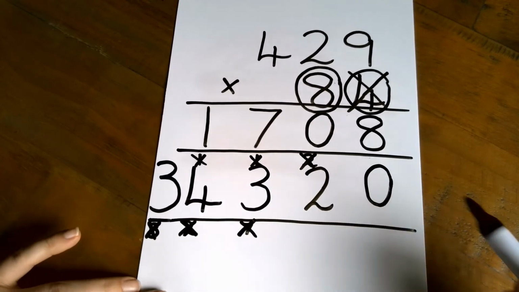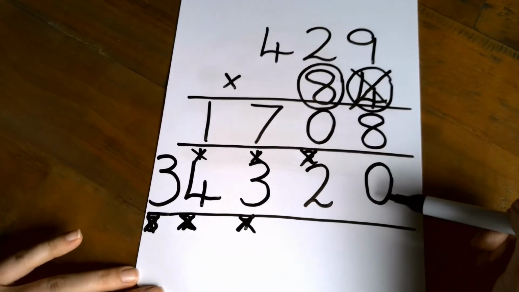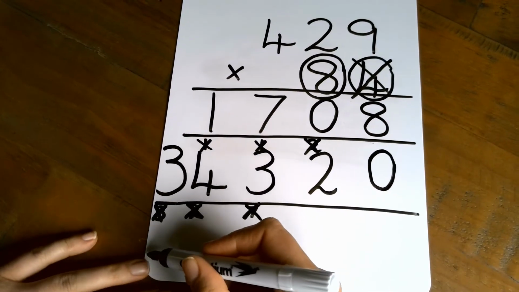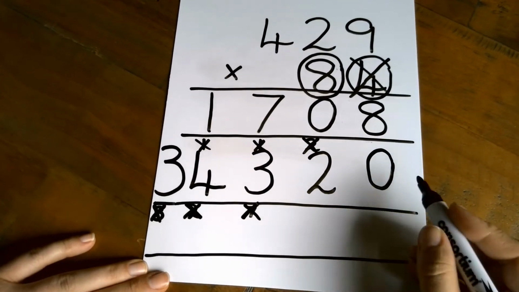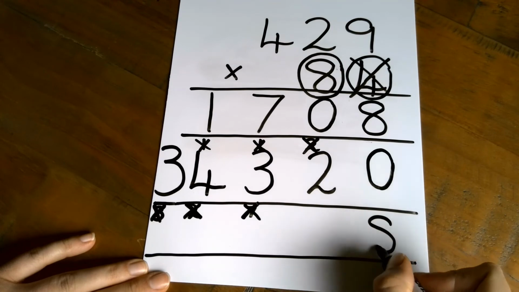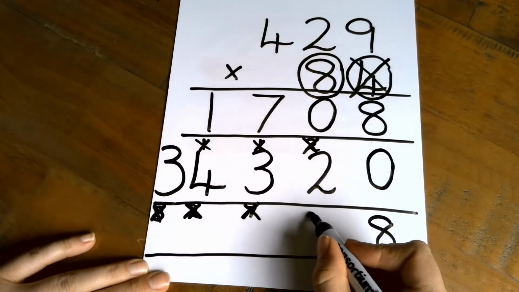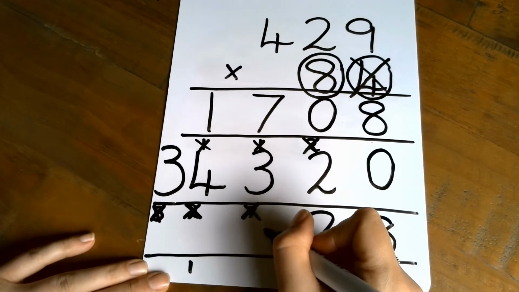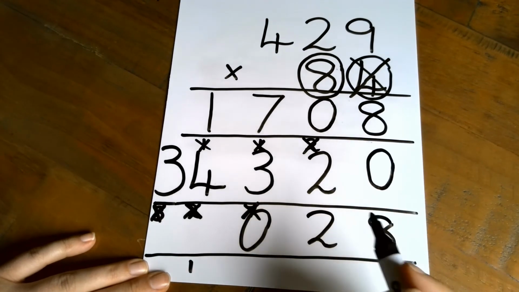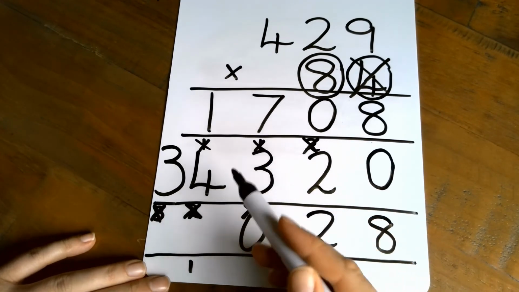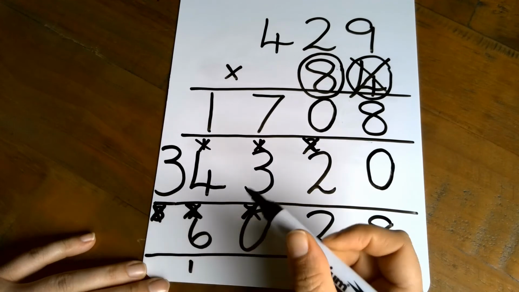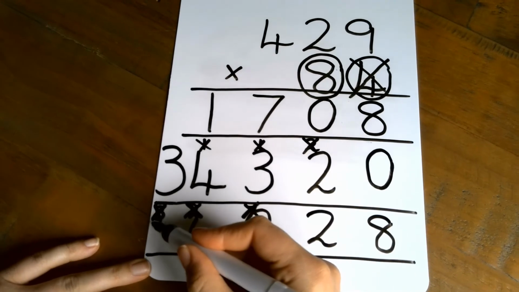So I now need to add these two rows together. 8 add 0 is 8, 0 add 2 is 2, 7 add 3 is 10, 1 add 4 is 5, add the 1, 3,